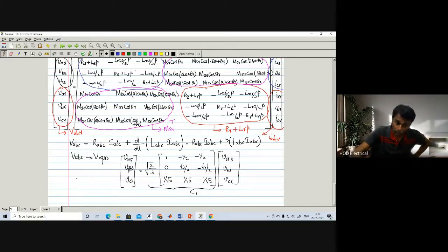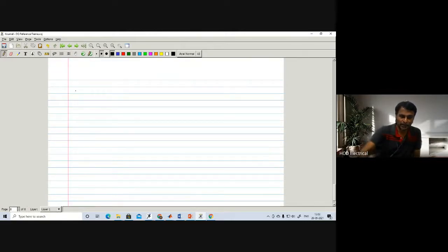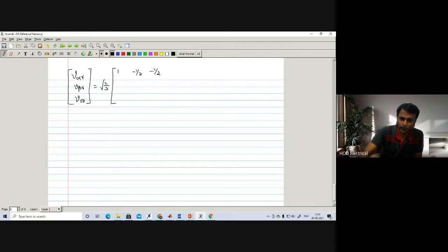Then for the rotor variables also, we can write further: V alpha R, V beta R, V naught R is nothing but root 2 by 3 into the matrix 1, minus 1 by 2, minus 1 by 2; 0, root 3 by 2, minus root 3 by 2; 1 by root 2, 1 by root 2, 1 by root 2, into